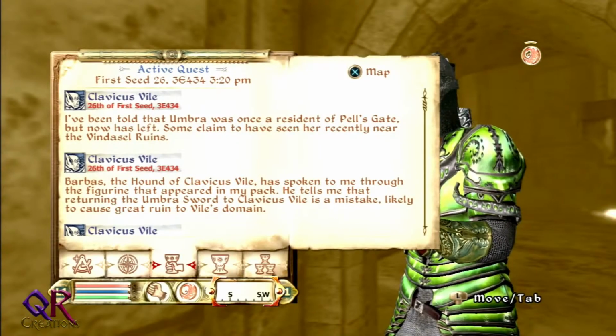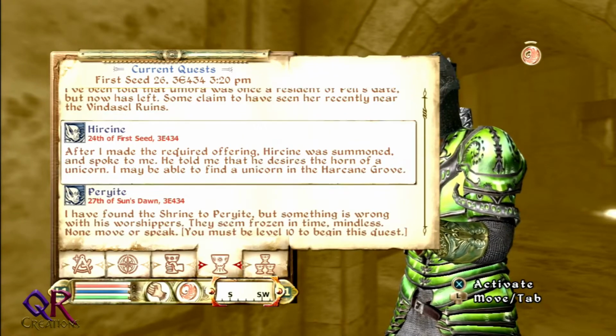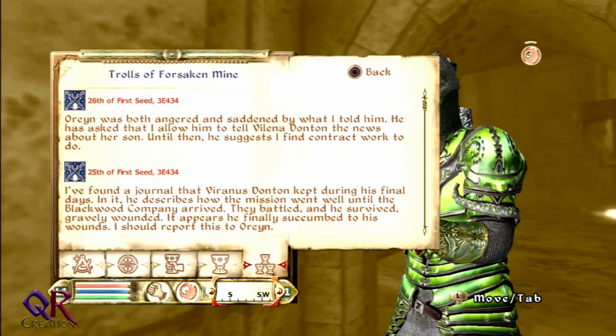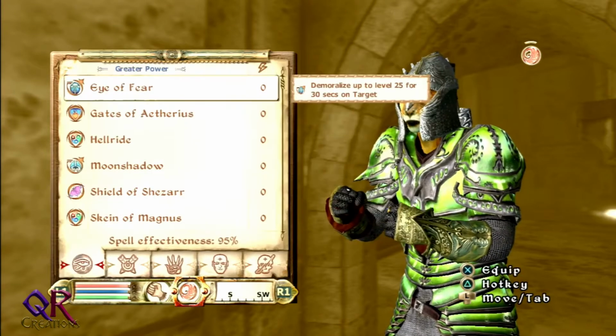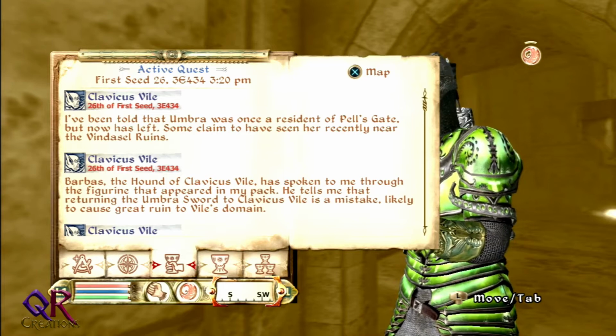What are they called? Blackwood Company, that's what it was. We are not on a Fighters Guild quest at the moment, however. We are on a quest for Clavicus Vile, and we're looking for someone named Umbra to obtain a sword named